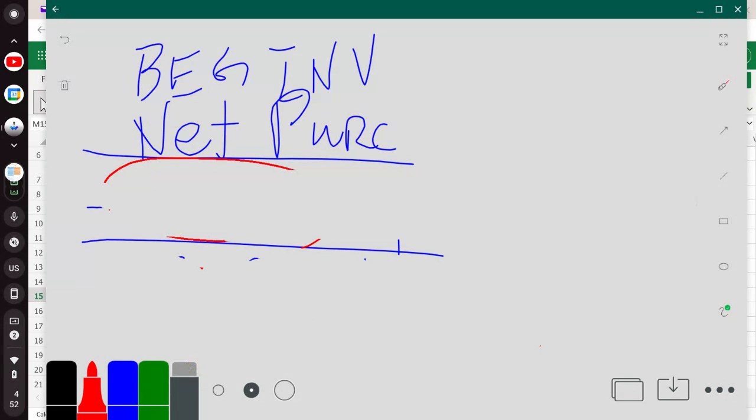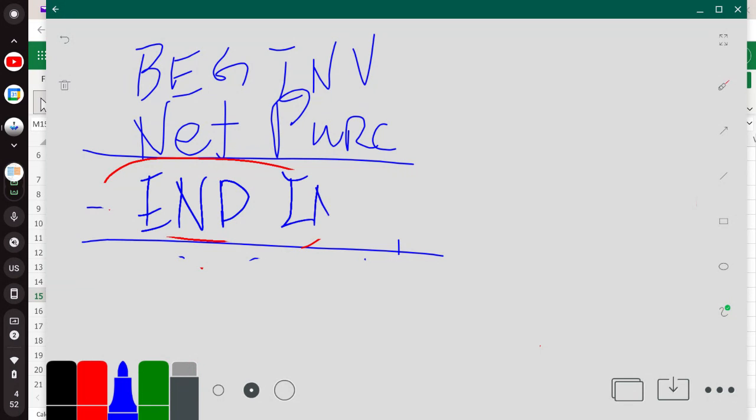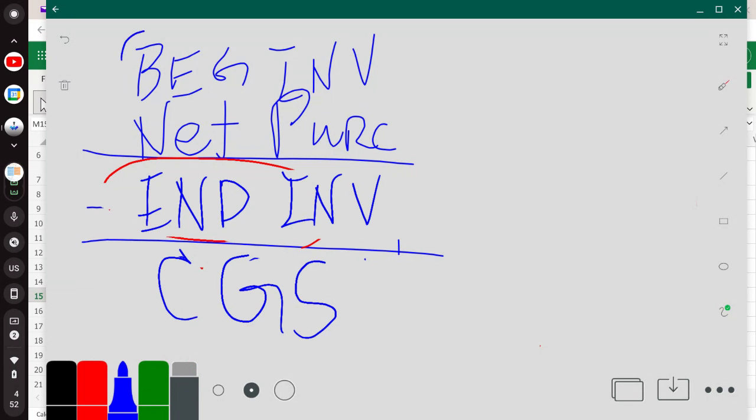So they switch, and put ending inventory here, then CGS becomes the result of subtracting ending inventory from the GAS, right? Now think about it. I told you ending inventory